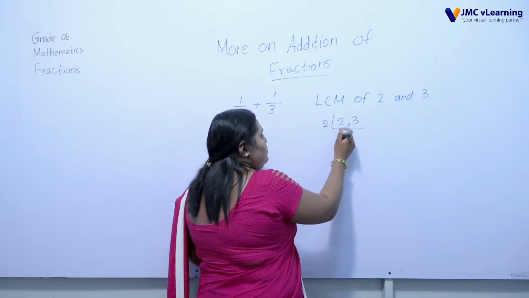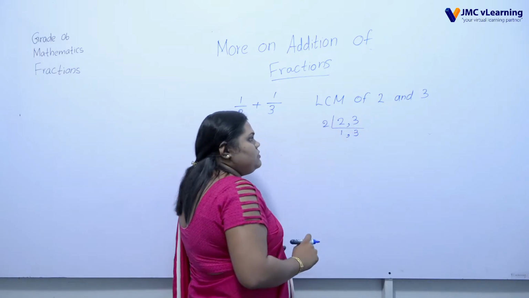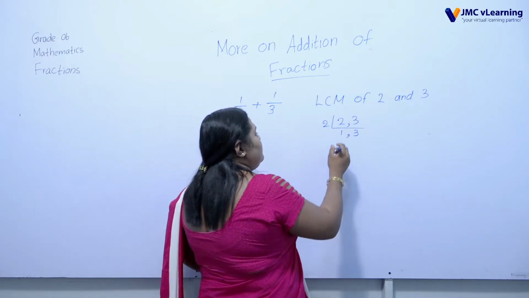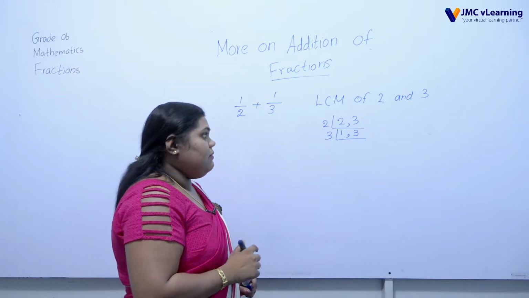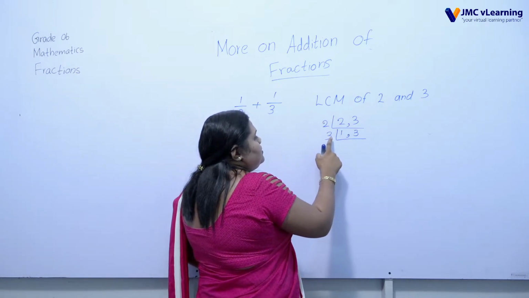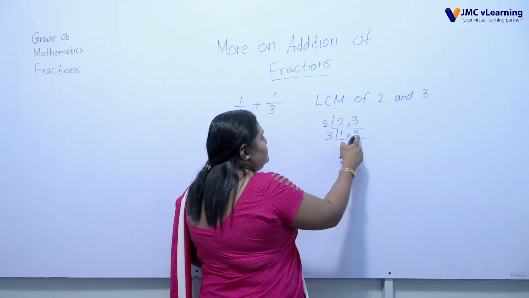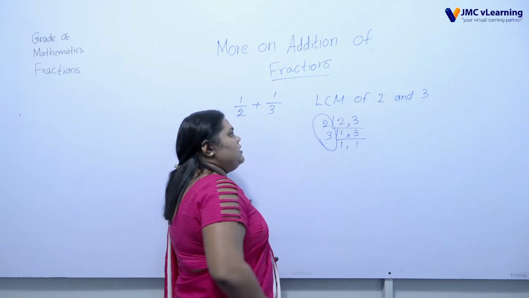How many 2's into 1? Here we cannot divide 3 by 2, so we want to put 3. After that, we want to divide this number by 3. We want to divide these using the prime factors. So no need to divide 1. 3 divided by 3 is 1. After that, when you multiply these two together, you can get the